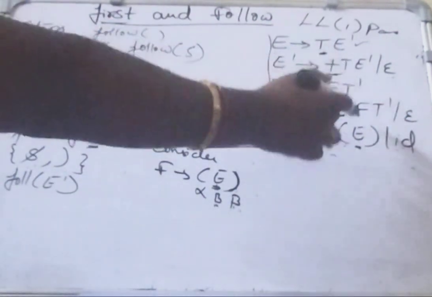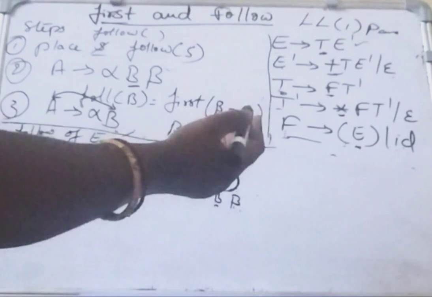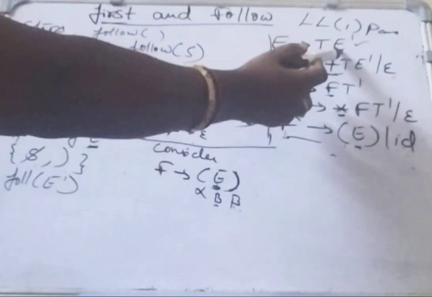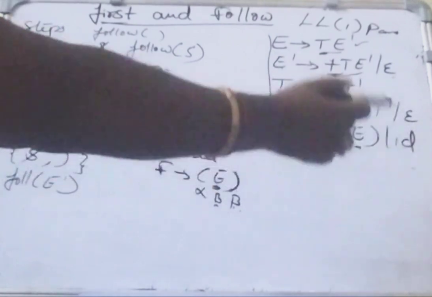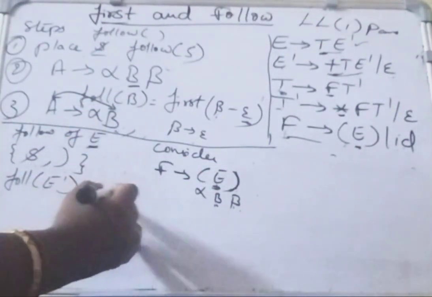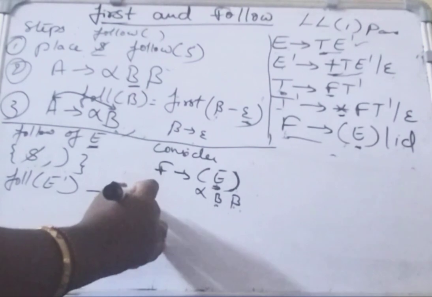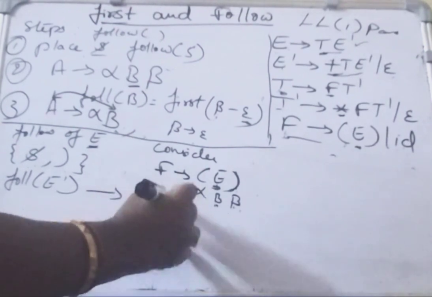See which productions E dash is present in on the right hand side. If you see here, E dash is present in this production and it is present in this production. That's all. So E dash is present in two productions. So consider both the productions, that is E derives TE dash